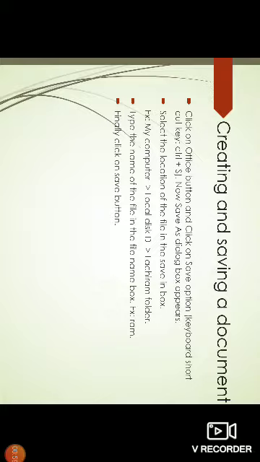Here I am selecting My Computer and then opening Local Disk D and then opening Lecture folder. So type the name of the file in the File name box. Here I am entering ROM. ROM is the document file name, and finally click on Save button. Now a document is created with a name called ROM.